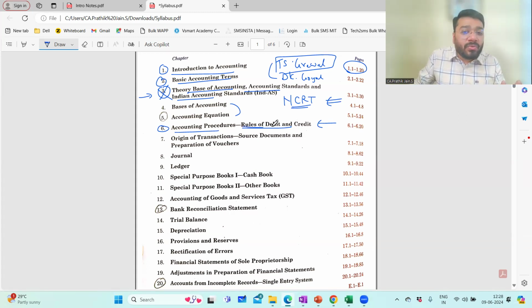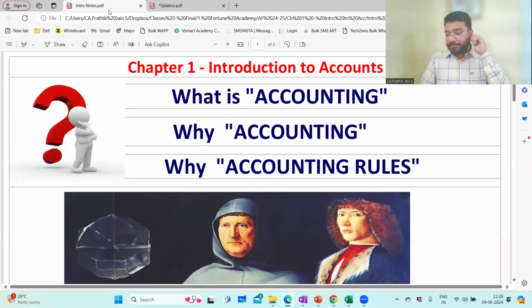So after I complete the rules of debit and credit, then we'll come back to basis of accounting, accounting equation. If not, we'll go to the journal, the ledger, and so on and so forth. As and when I keep on doing, I'll tell you which chapter I'm going to take. Now, this was the syllabus. Now coming back, in today's session, guys,